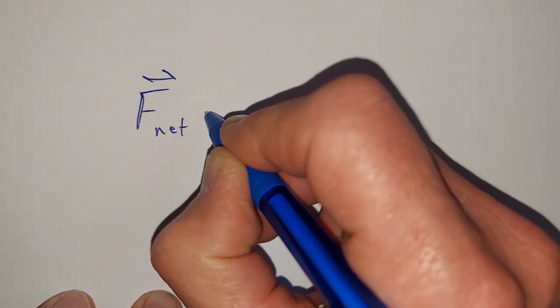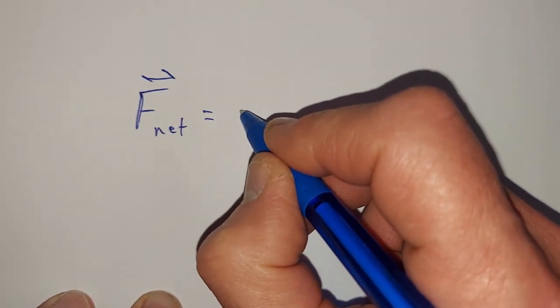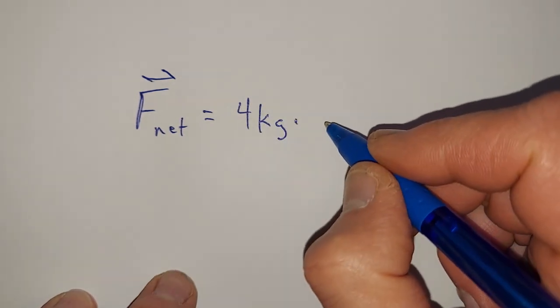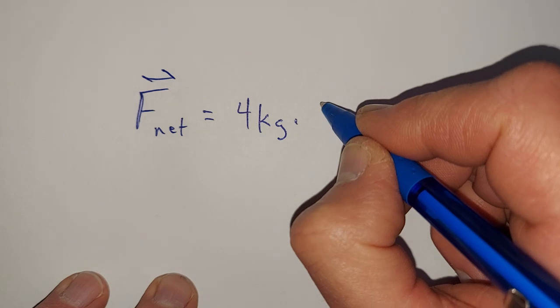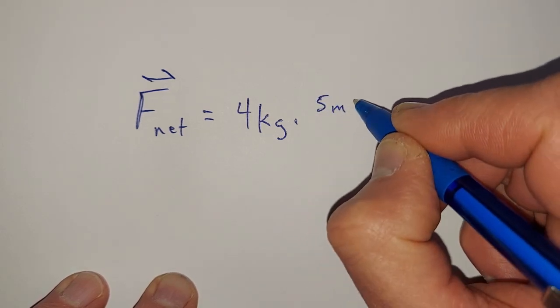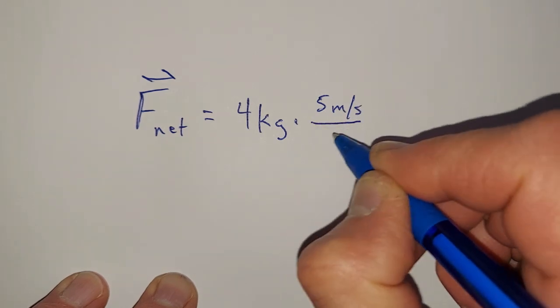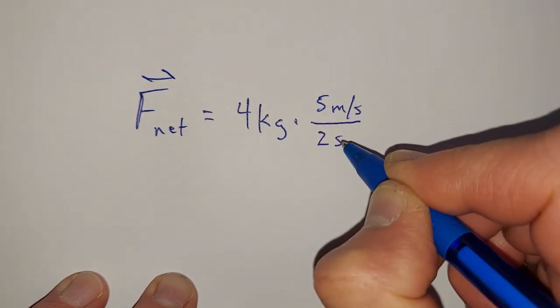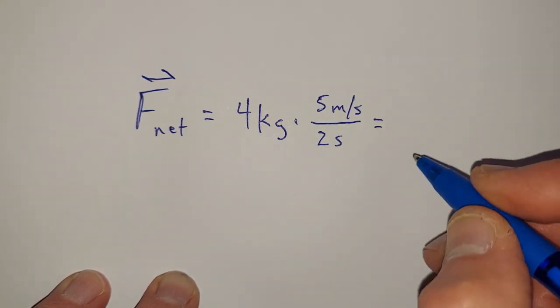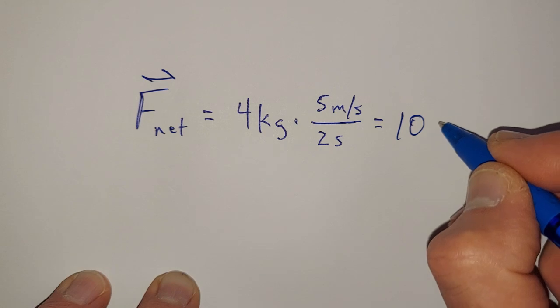So, for example, let's say we look at the net force on an object, and that object has a mass of 4 kilograms, and its velocity changes by 5 meters per second over a 2-second time span. The net force will be equal to 10 kilogram